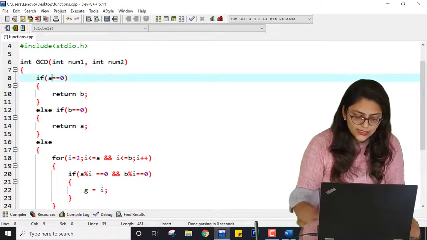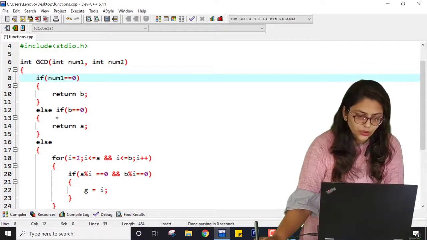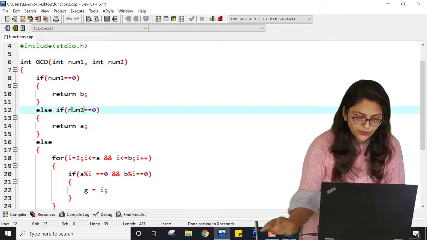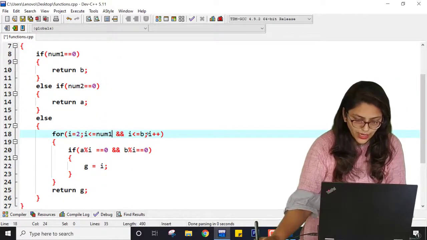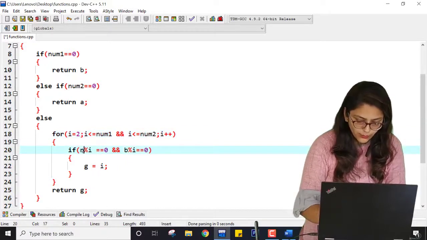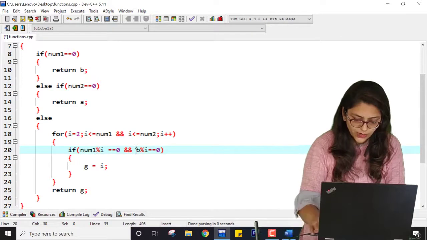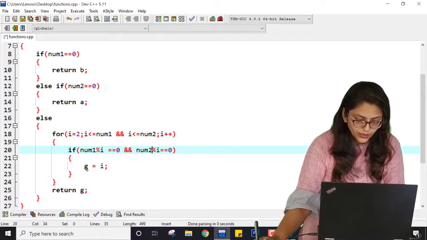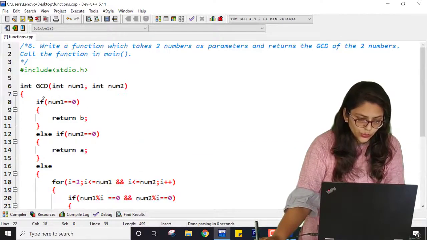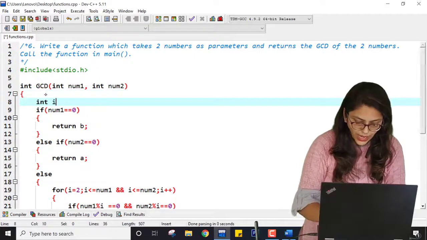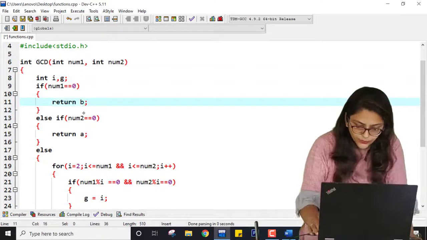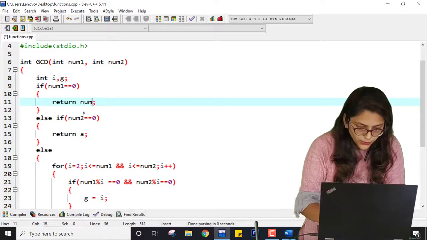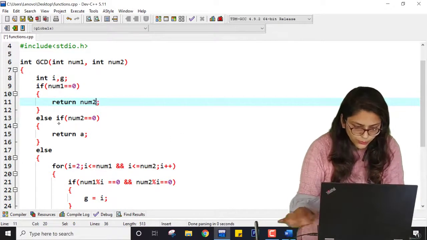Here A is not there, num1 is there, because the value of A will be copied to num1 and the value of B will be copied to num2. So here it will be num1 and num2. Here G is not there, so I have to declare int i and G. Is there any error? Return num1 or num2.